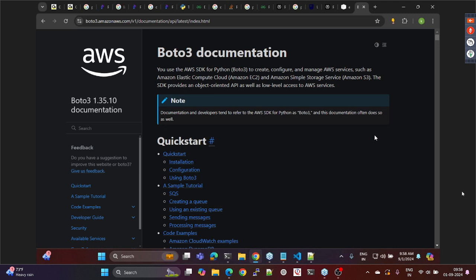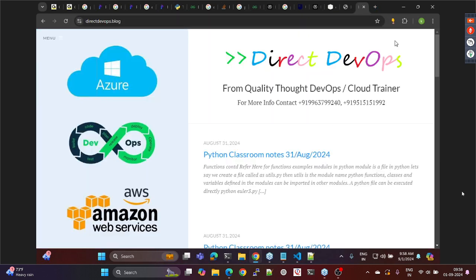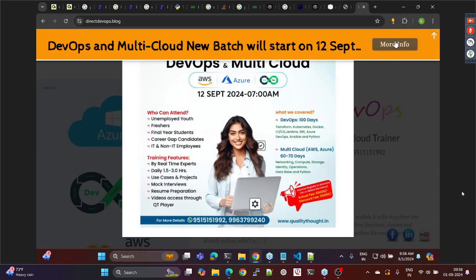Now let us assume you and I wanted to build a website in Python. But when I want to write a website, where should I run it? I should run it on a server. And when you run it on a server, what will the user do? The user will browse by typing http:// whatever your URL is. So for example, just like how you are accessing directdevos.blog, someone might hit that and that should come and